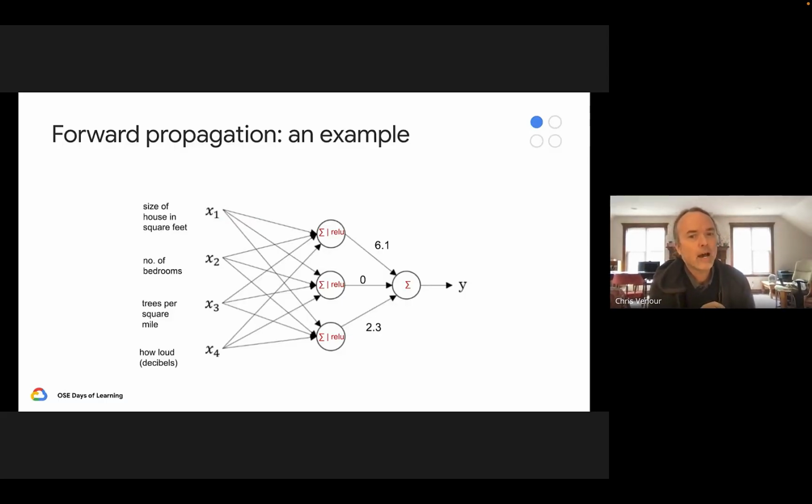The node in the output layer receives the 3 values output by the hidden layer, and it performs its own weighted sum. So in this example, let's say it outputs the number 9.1. 9.1 is the neural network's prediction of the price of the house in hundreds of thousands of dollars. In other words, the neural network's prediction for the house price is $910,000.